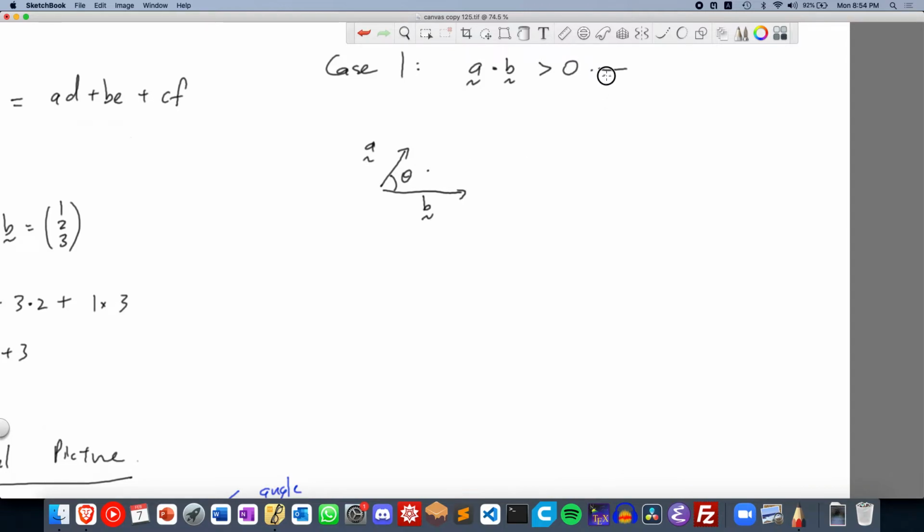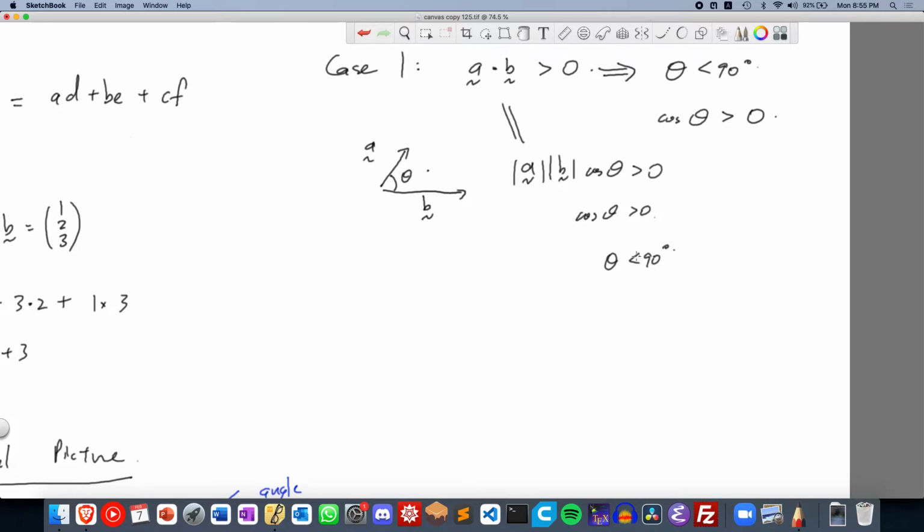So theta is less than 90 degrees, and hence cosine theta is going to be greater than 0. And that makes sense because if a dot b is positive, then magnitude of a times magnitude of b times cosine theta is greater than 0. Since magnitude of a and magnitude of b are both lengths, they are both positive, that means cosine theta is greater than 0. And that means theta, which is between 0 and 180, is less than 90